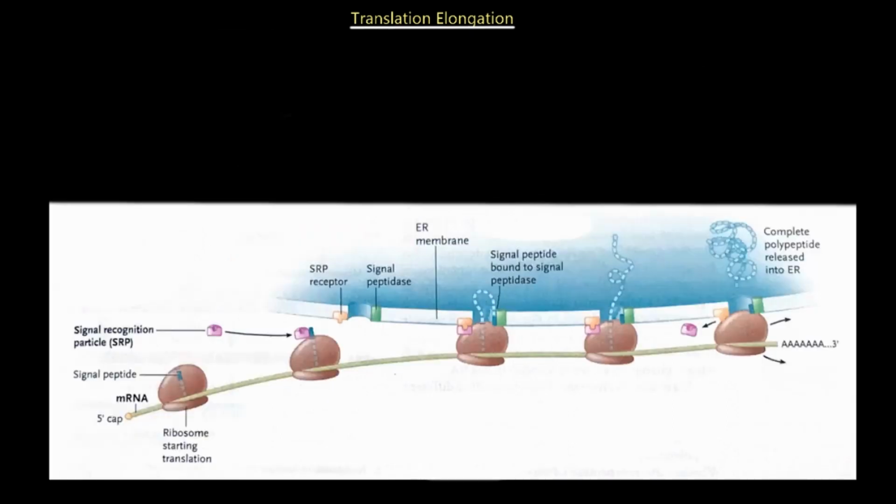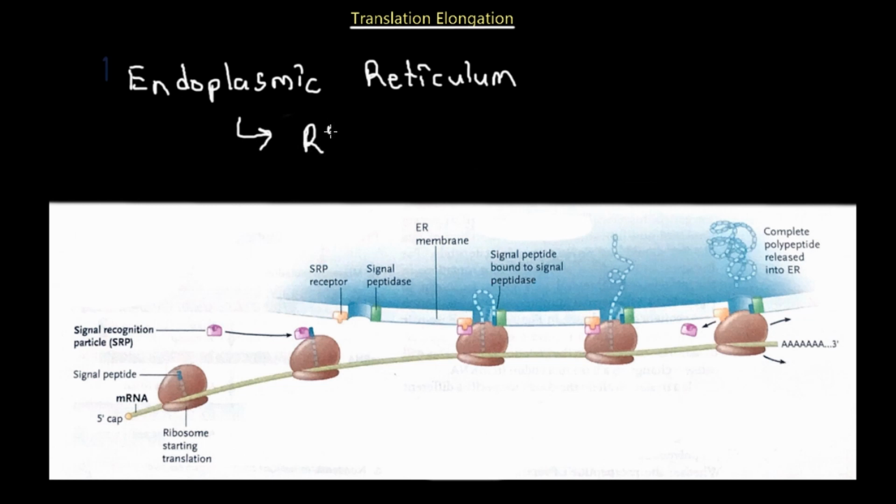Now, another important concept that we must tie together with translation is how it occurs in the endoplasmic reticulum. It's very important, because it does come up a lot on the exam as well, is knowing how endoplasmic reticulum becomes rough endoplasmic reticulum. Because normally endoplasmic reticulum is just smooth. It does not have